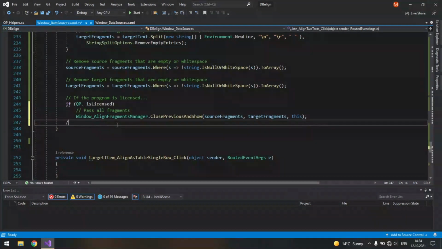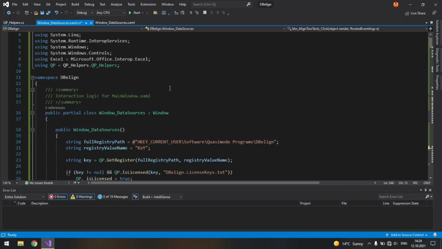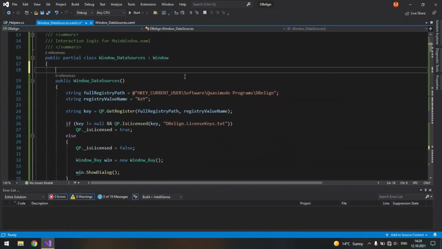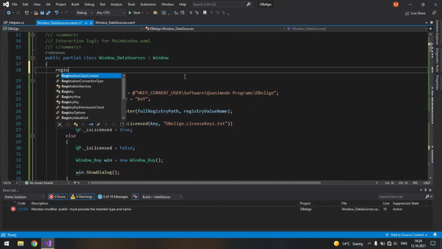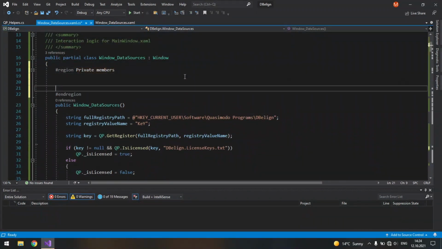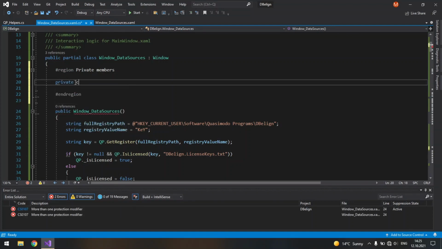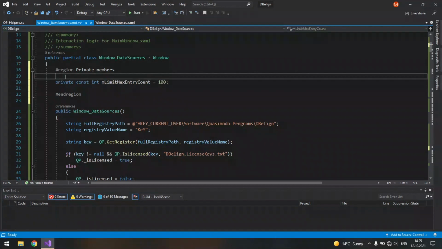Otherwise, so if the program is not licensed, and again we need to create another variable. So let's create a region here. I'll call it private members, and we will just create here one private constant variable, m limit max entry count, and by default it will be equal to 100.